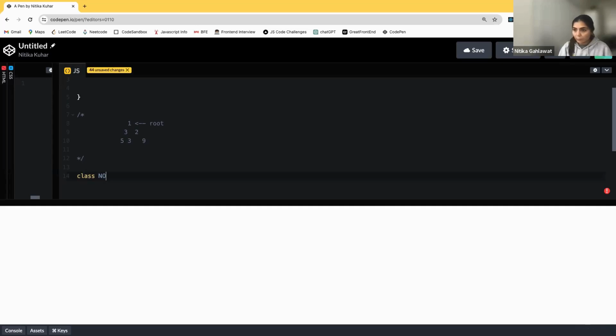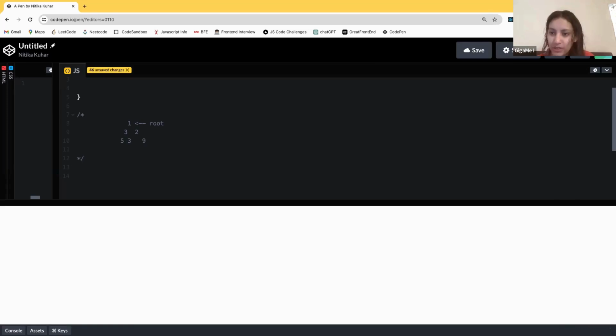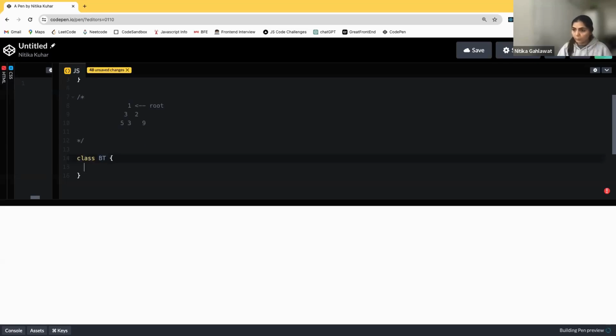Okay, so what I'm trying to ask you, for example, const root is equal to what? Let's say you are creating one class node. On the basis of that, you are going to create the objects, and in the objects, you are going to fill the values. Got the idea? Yeah. So we will be having class and let's say